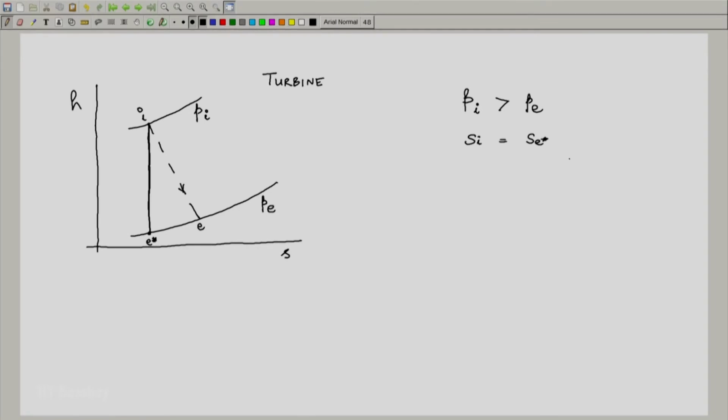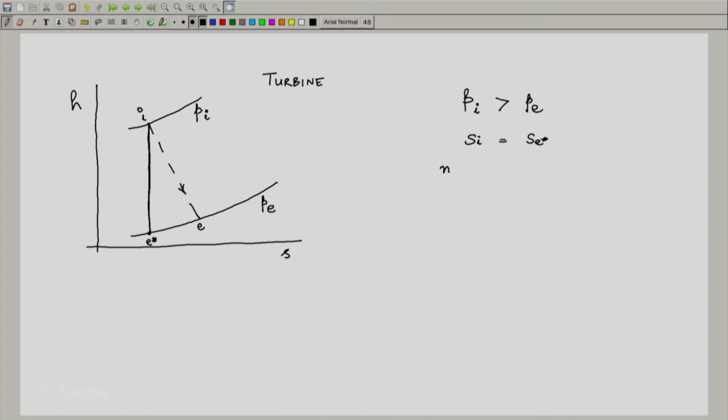Now, what happens is that the process is not reversible, it is not ideal, and it leads to production of entropy, and we know from our second law for an open system that m dot (Se minus Si) is equal to S dot P, which should be greater than or equal to 0 as long as the system is adiabatic, which is what we are investigating, and hence Se will be greater than or equal to Si, which means Se will be greater than or equal to Se star.